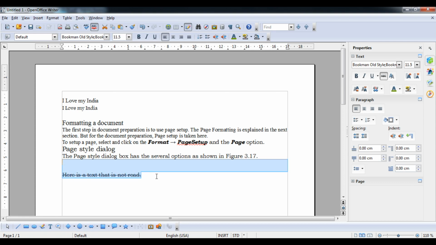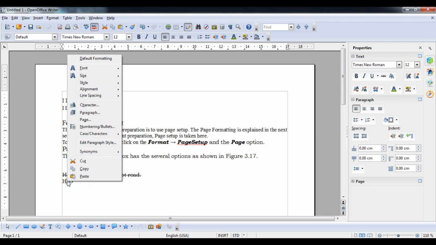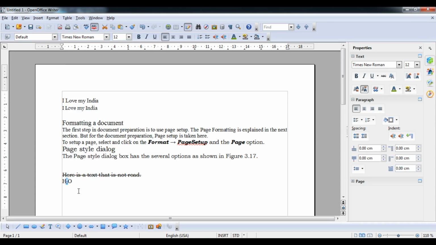So I am going to select it, and then I am going to the next line. Here I am going to write H2O. As you know, the formula of H2O, the 2 should be slightly down. So I will select this particular one and right click on it, and then go to style. Here you can see superscript and subscript. Subscript means base. It will be written slightly at the base. I will increase the size so you can see that easily. So now you can see H2O.